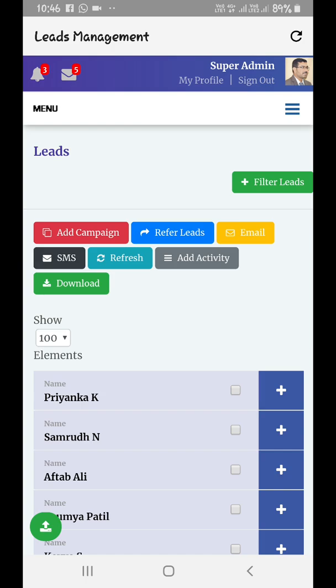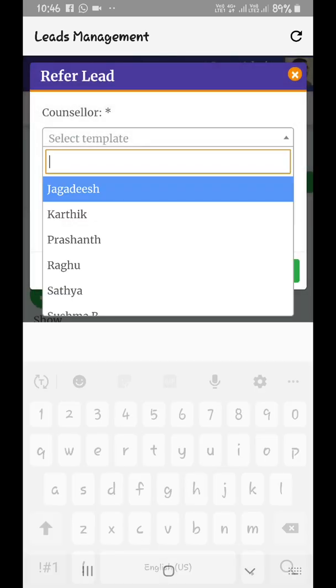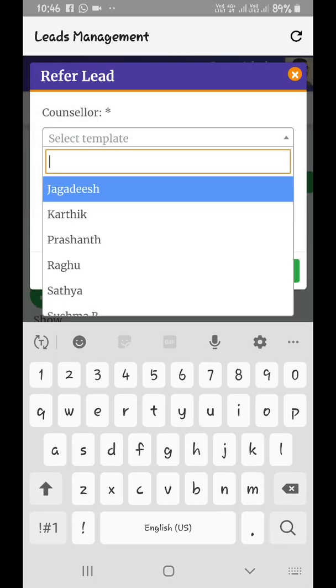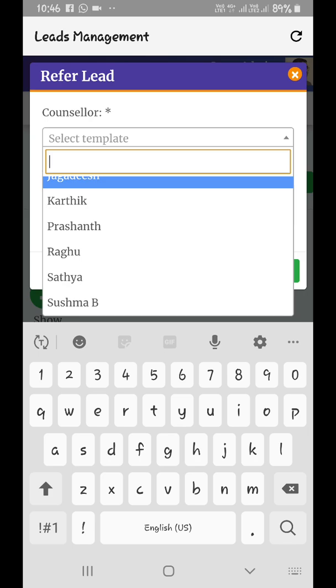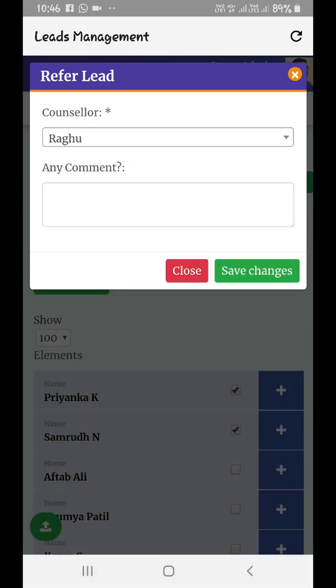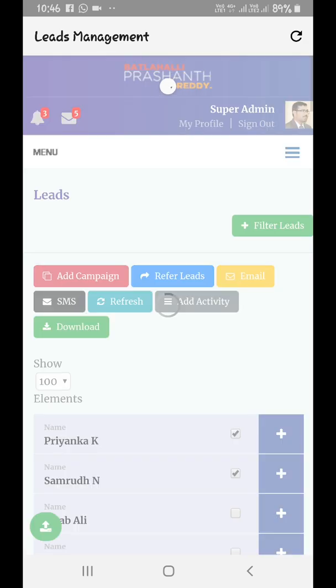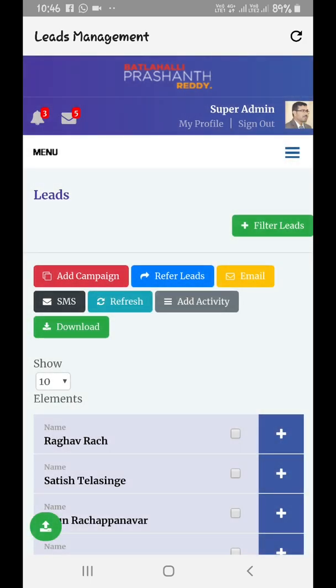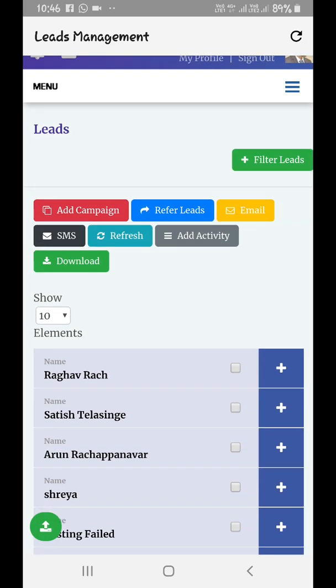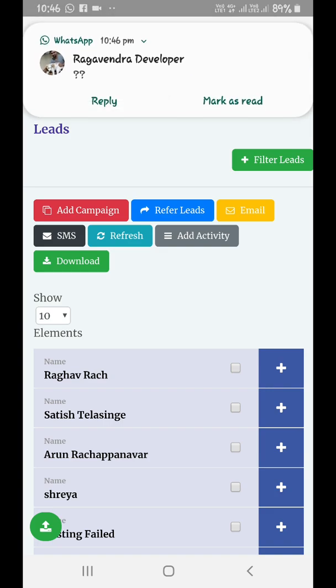You can also click on refer leads. For example, I'll select these 2 leads, and assign them to one of the counselors, so that that particular counselor starts following up. Maybe I'll assign these leads to a counselor called Raghu, and then click on save changes. Automatically those leads will now be assigned to Raghu. When I refresh, you can see those 2 leads are no longer available because they are now assigned to